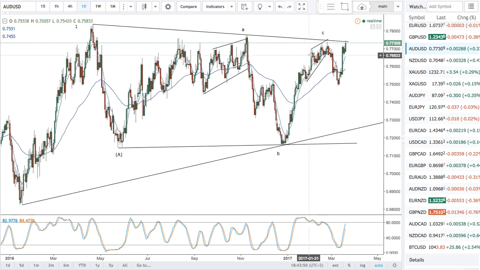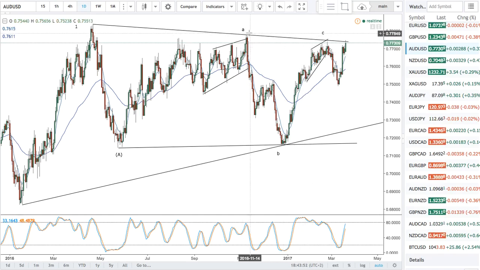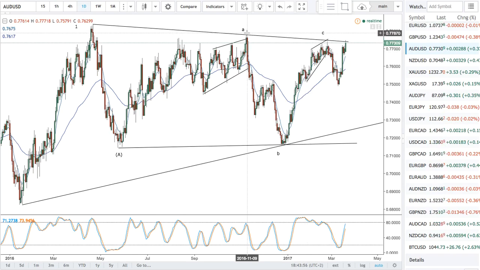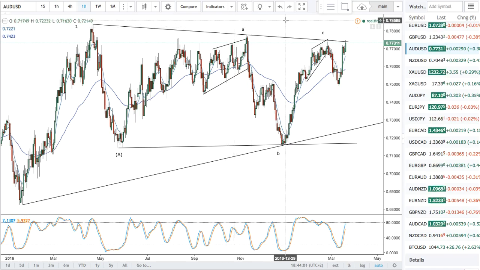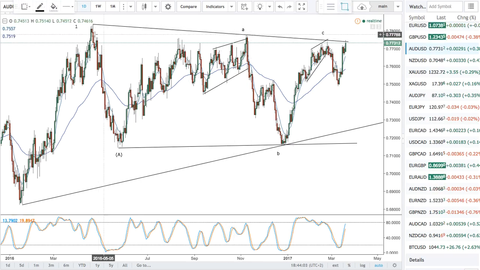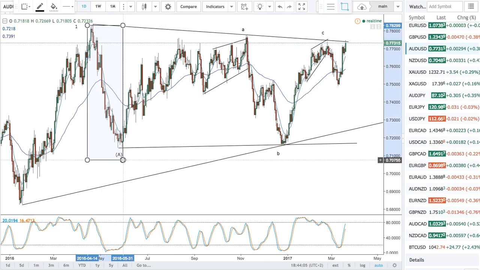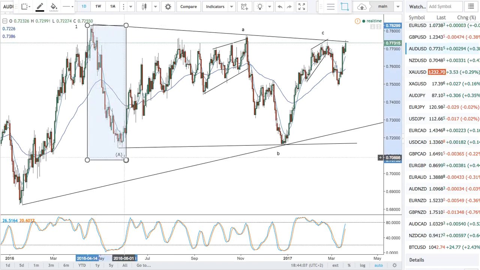I mentioned that the ultimate breaking point would be here, the November high, which I marked as A of a possible triangle. However, I'm going to revise this. The reason being, the issue is this down move here, which I've marked as A. This is a 5-wave impulse. So for the time being, I'm going to use the high here of April 2016 as the breaking point for the whole structure. The reason being